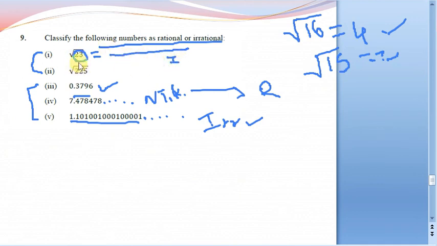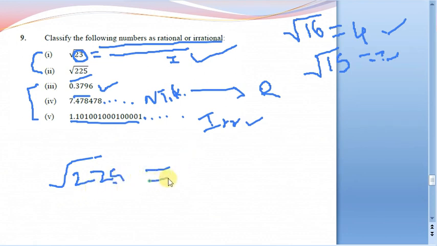If you want, you can perform the long division square root method that we have performed, and we can see that the decimal expansion pattern is going to be non-terminating and non-repeating. For sure it is going to be irrational. Now square root of 225. 225 means what? It is 15 square. So is there a number such that on squaring it will give you 225? Yes, 15 square is 225. That means square root of 225 is going to be 15.